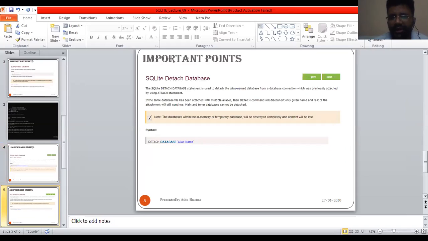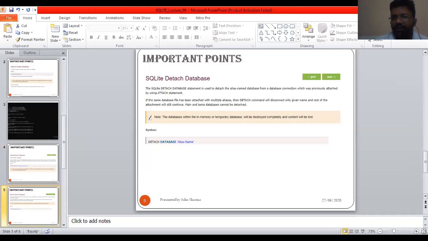The SQLite detach database statement is used to detach the alias name database from a database connection which was previously attached by using the attach statement. If the same database file has been attached with multiple aliases, then the detach command will disconnect only the given name, and the rest of the attachments will still continue.